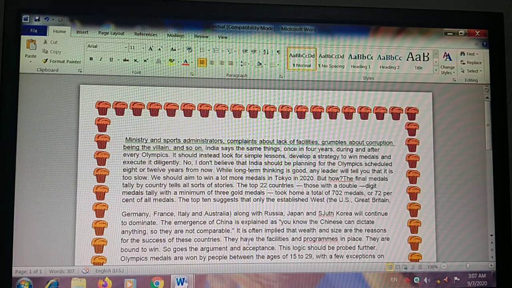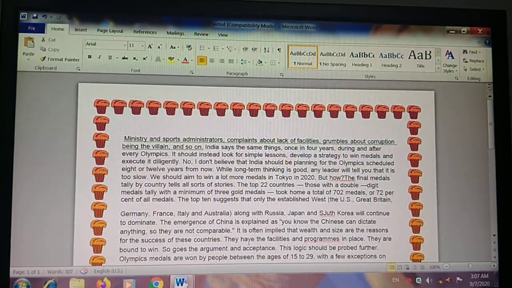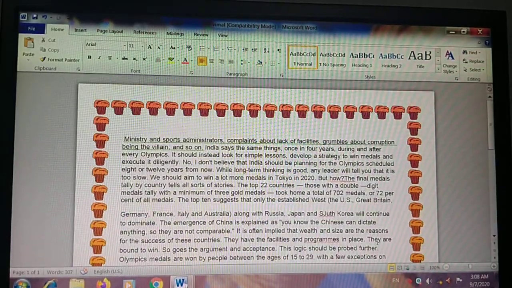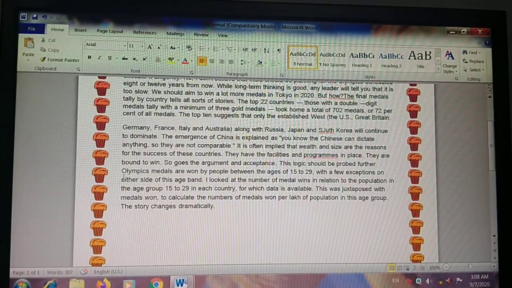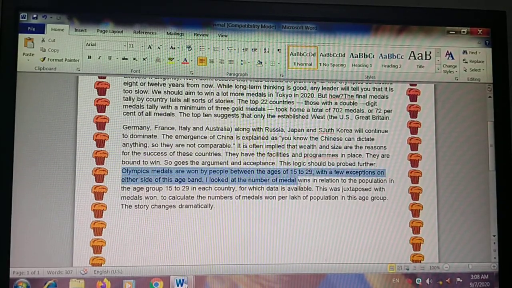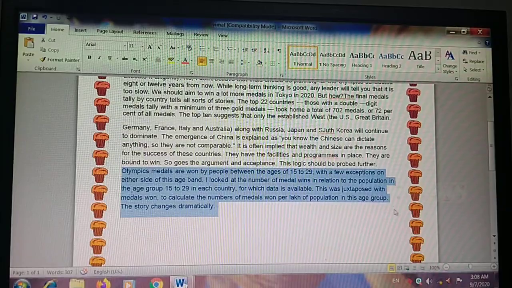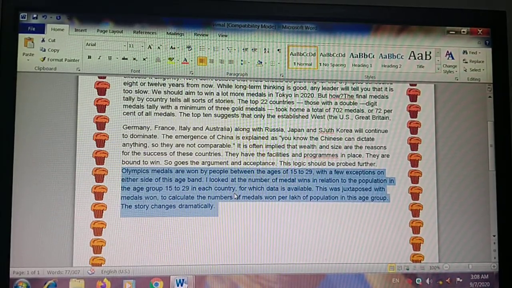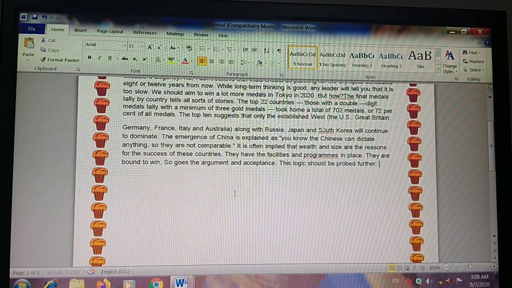To move text, cut and paste commands are used. Means Control X for cut and Control V for paste. If you want to move a text from one place to another, you have to select the text. Suppose that I am selecting this file from Olympics Media to my last. Okay, I have selected this. What you have to do, you have to press here Control and X.